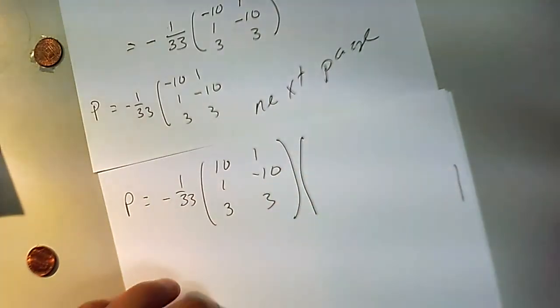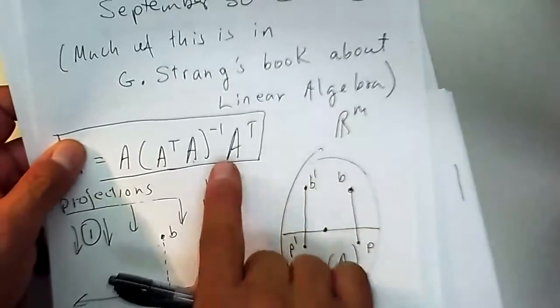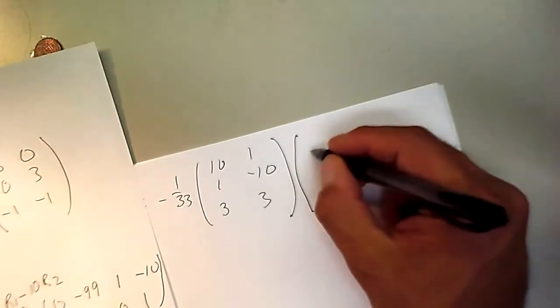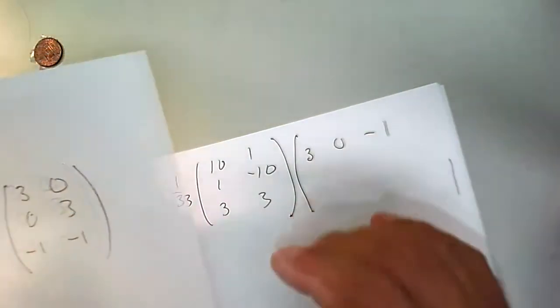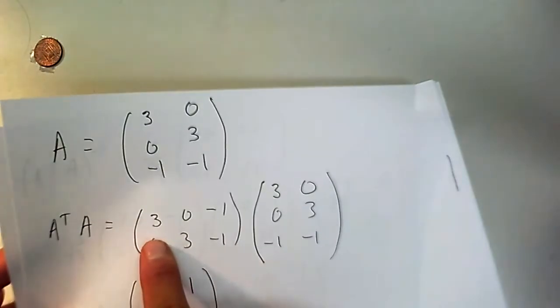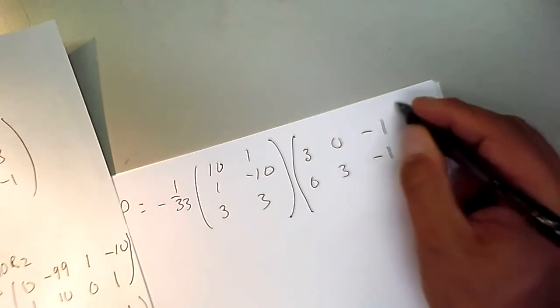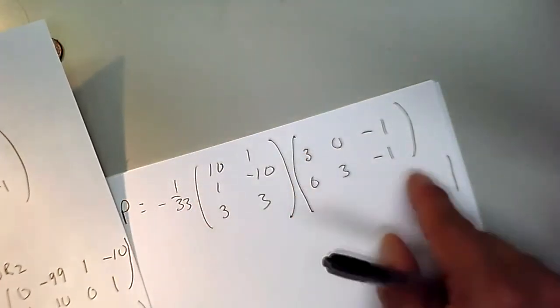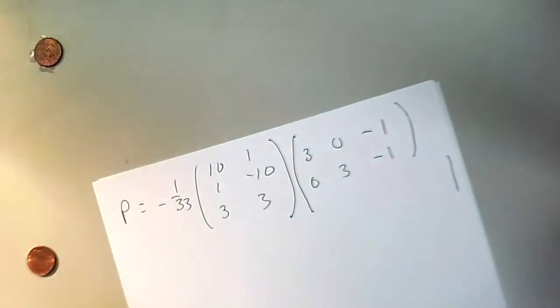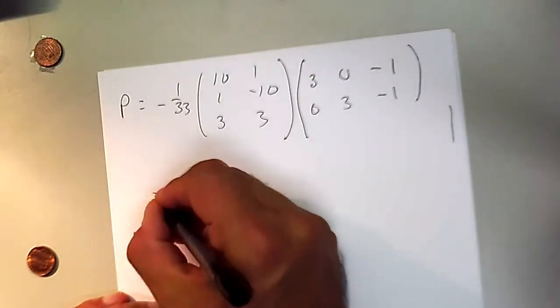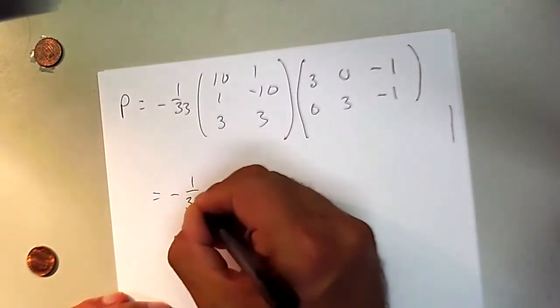And then we multiply with the transpose of A. The transpose of A is 3, 0, negative 1, 0, 3, negative 1. So this is a 3 by 2 times a 2 by 3. We're going to end up with a 3 by 3 matrix, a nice square matrix. And negative 1 over 33,